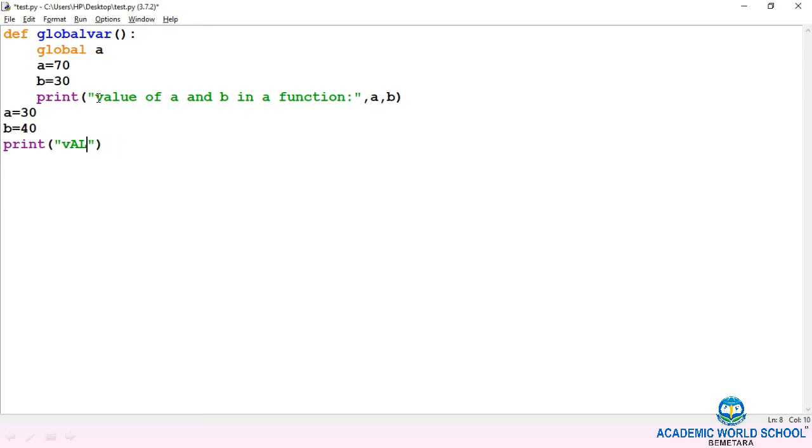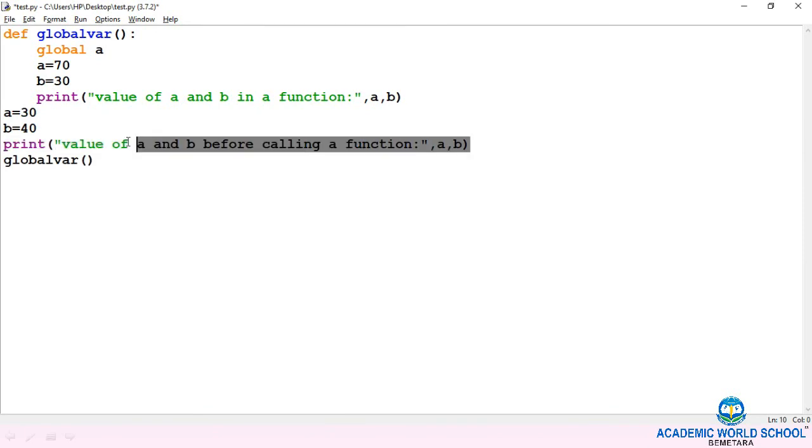Value of A and B before calling a function. So before calling a function, value of A and B. After calling a function, global var, the name of the function.